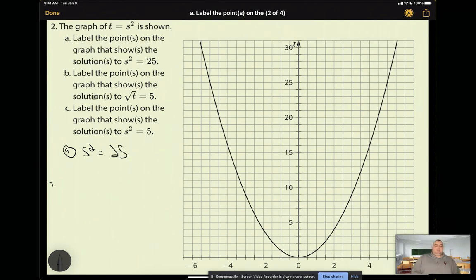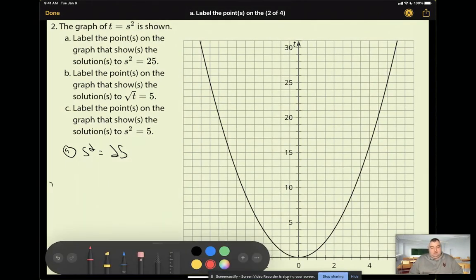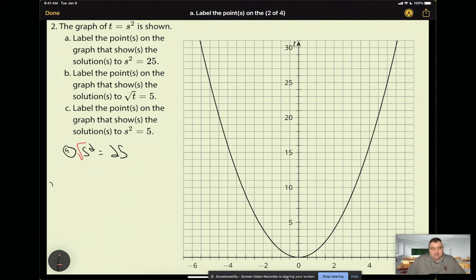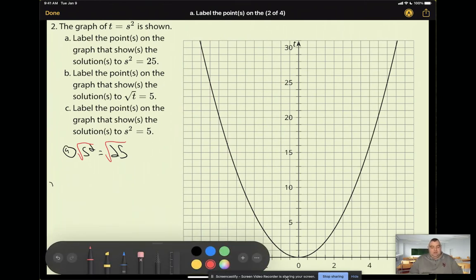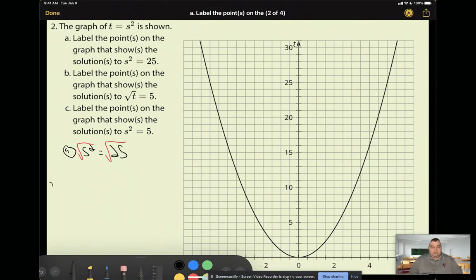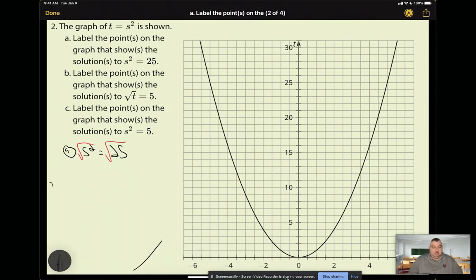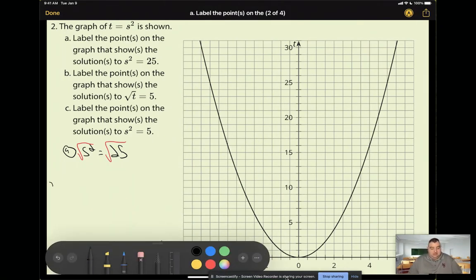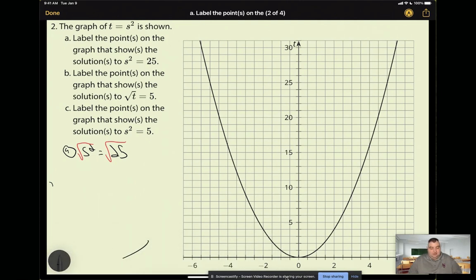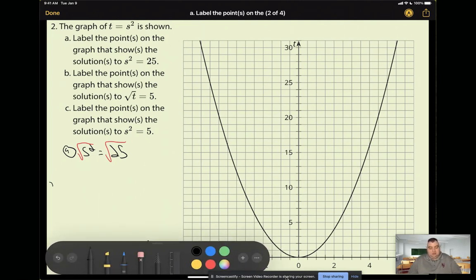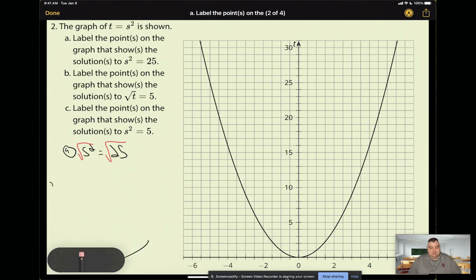So I have a variable squared equals a positive number. In this case, instead of squaring both sides, I would square root both sides. Okay? And this is what I was talking about before. When you have to square root in order to solve an equation, that's when you do the plus and minus. So in this case,